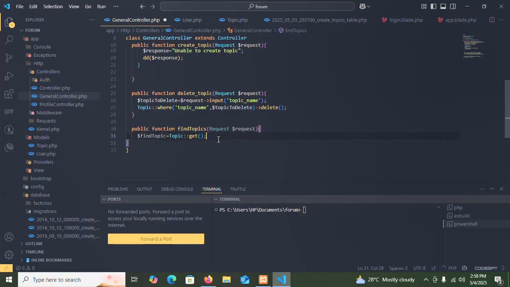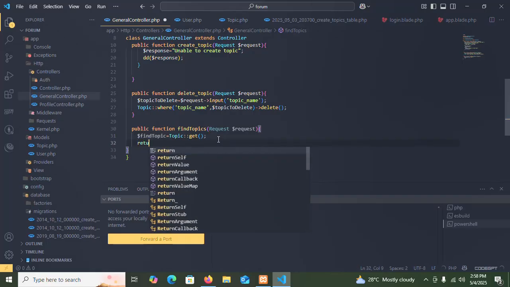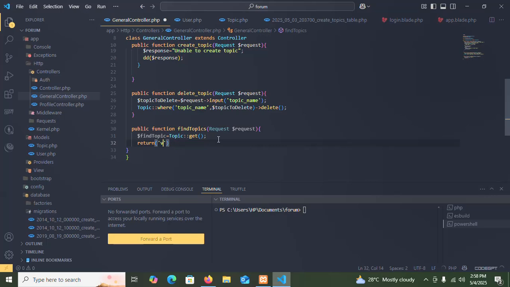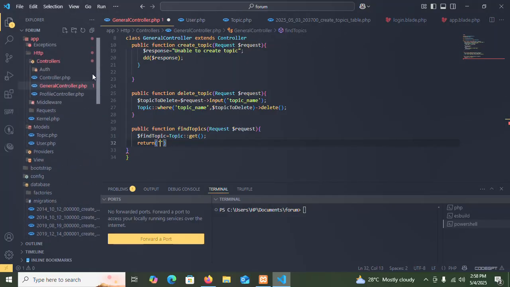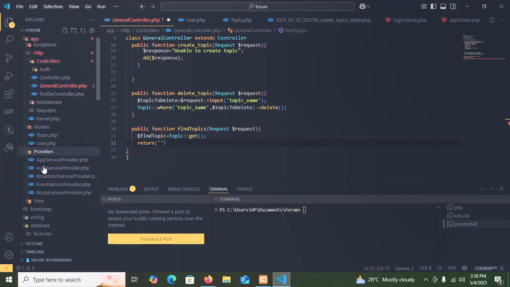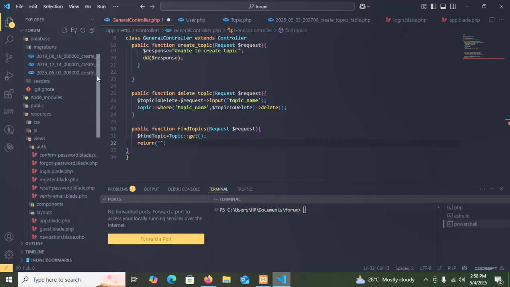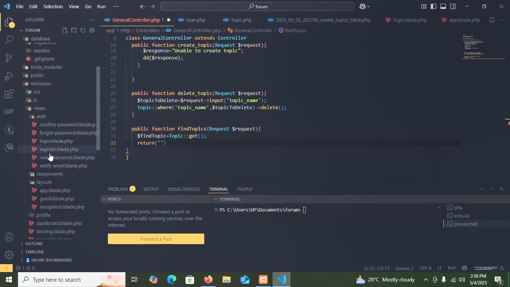And then we have to say, whenever we call this method, we'll say return view. What is the name of this our view? It is in what folder? In the blade view. Sorry, resources. Let me close this. Resources, views, and then what is the name of the views? That is the topics.blade. Where is it? So topics.blade. So return